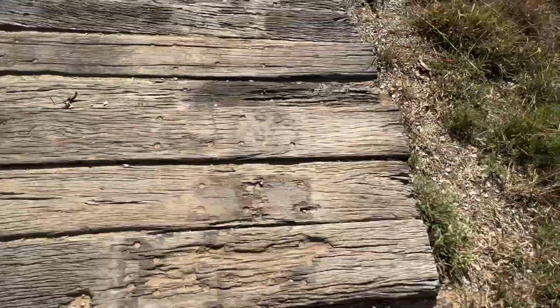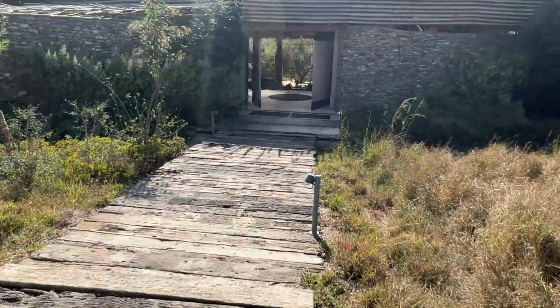So now we're at our final stop for our trip. We've come to a place called Saseka, still in the Thornybush Game Reserve, just like Waterside was. What's unique about Saseka is it's a tented camp, Malawane obviously and Kitara being stone built and permanent structures. This is a tented camp, but let me just show you what I mean when I say this isn't your